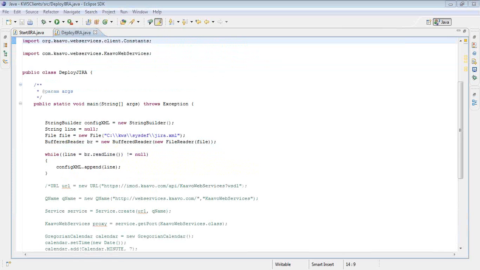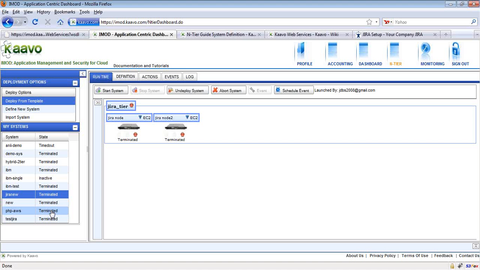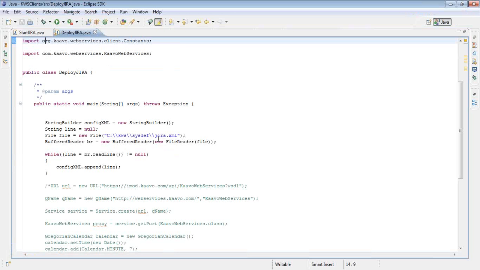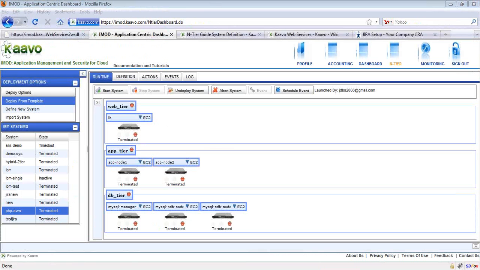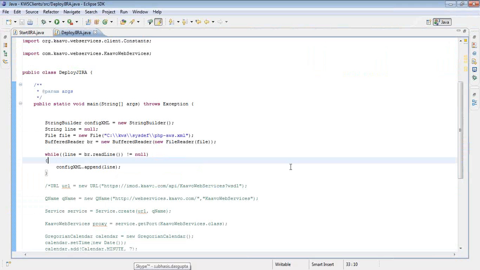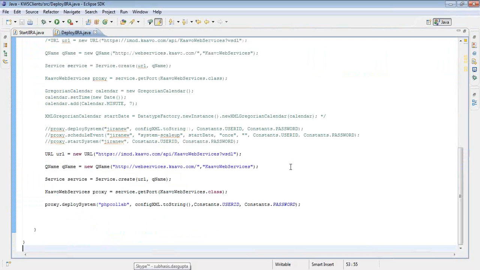Actually, I have a copy of the system I exported before in my local drive, and the system is PHP AWS. There is a PHP AWS already deployed. Yeah, but by a different name.